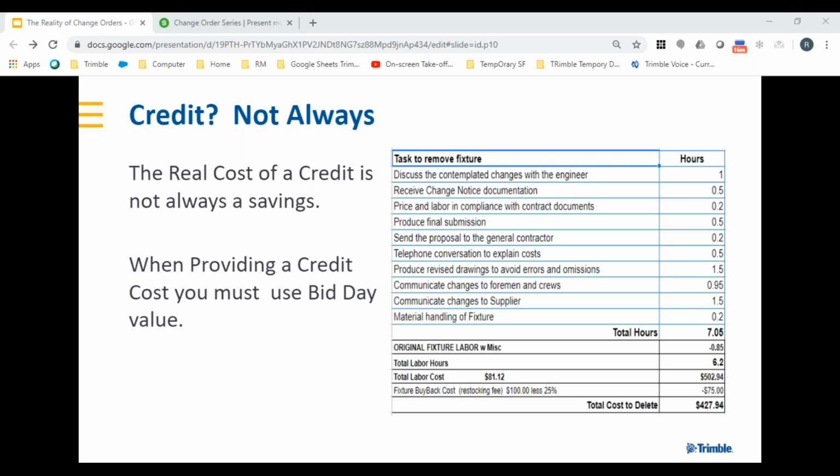Now, one of my project managers on the project had already issued a credit on a very small valuation on the project, and he used the most recent copper pricing. He used the values that you would on an add. So he used column 3 labor, he used trade service column 3 pricing, and offered this credit because the change order happened to be an add plus, or deduct, and with an add plus on it. So it still came out as a positive change order, but it did set a precedent, and it ended up